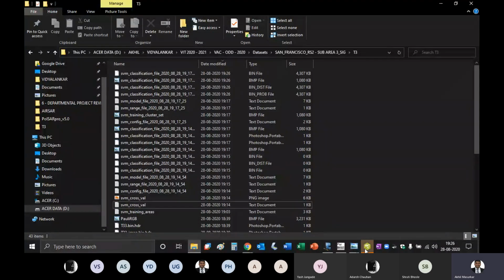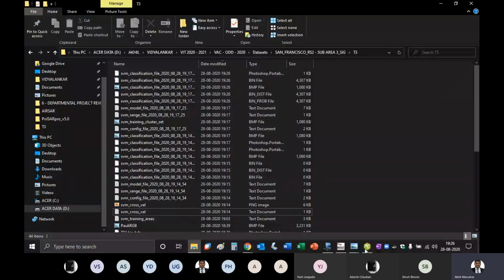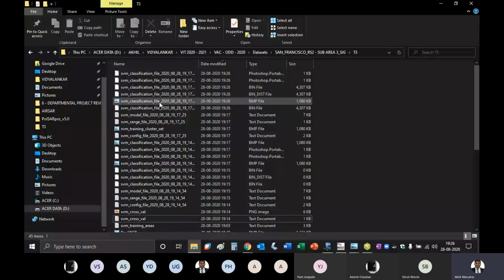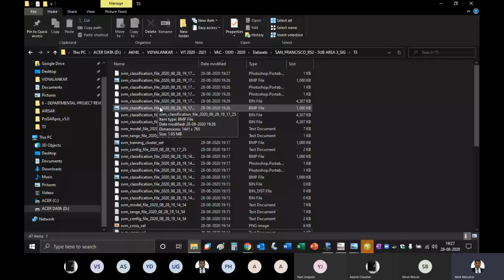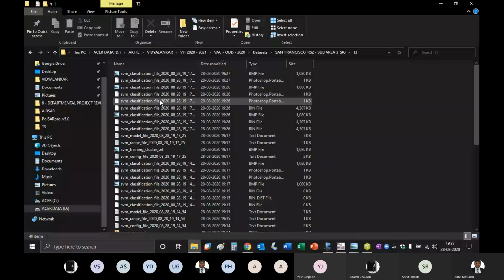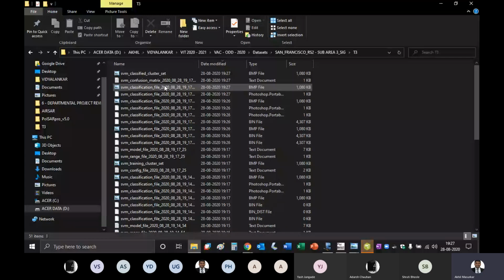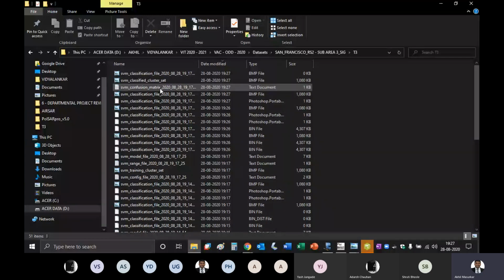Okay, my file has got generated. You can see that file here, with some more files along with that. Now I want you to see one file called the confusion matrix.